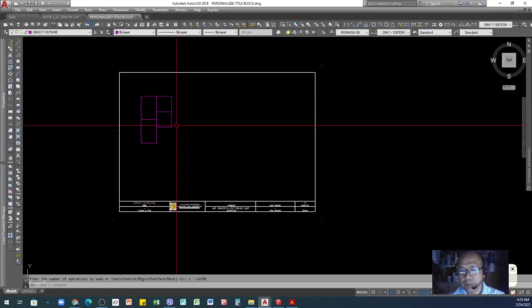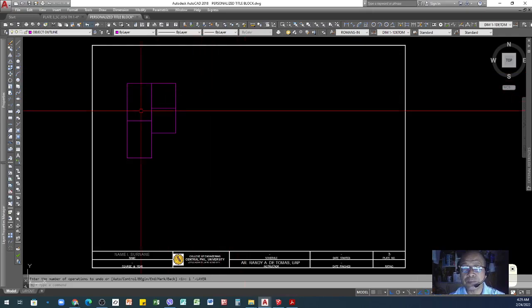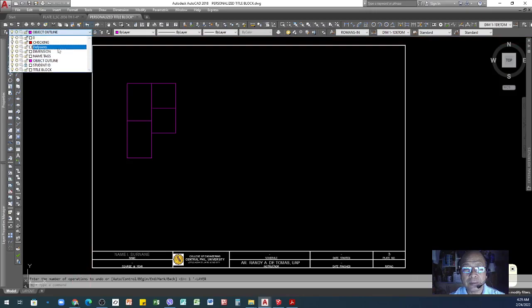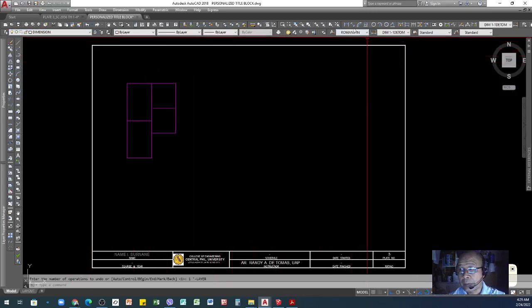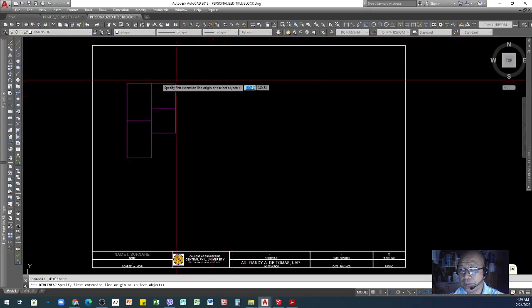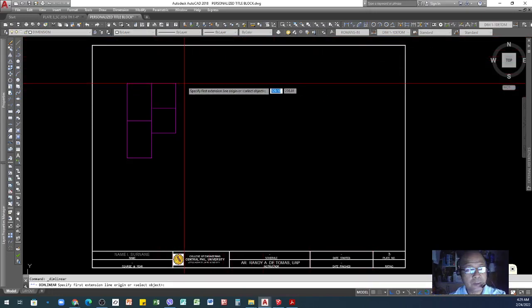Okay, so now since this topic is for the dimension, we'll go to dimension. I'll go to the dimension layer, click, and then go to this toolbar, where you can look for any type of dimension that you need.